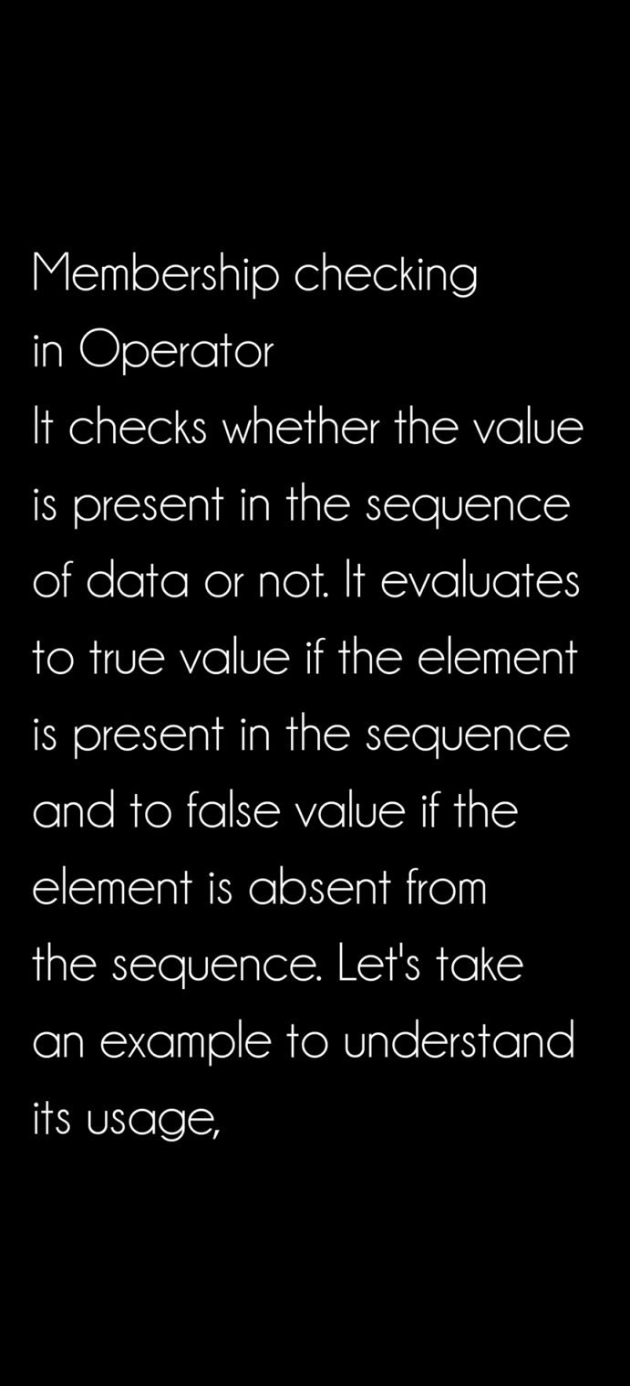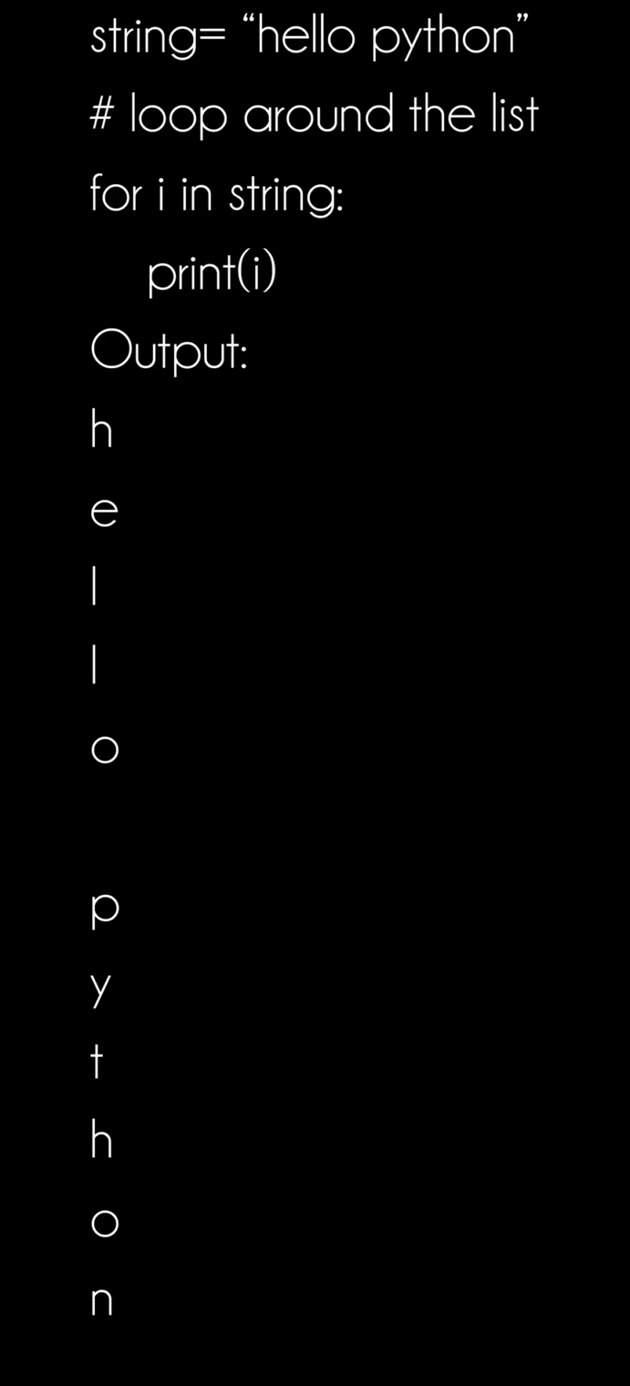Membership checking, in operator. It checks whether the value is present in the sequence of data or not. It evaluates to true if the element is present in the sequence and to false if the element is absent from the sequence. Example: